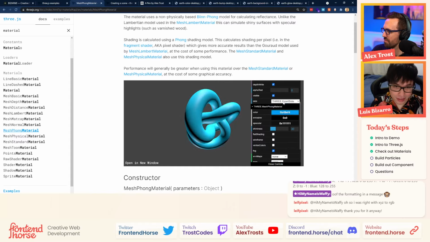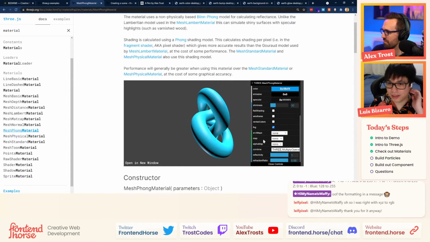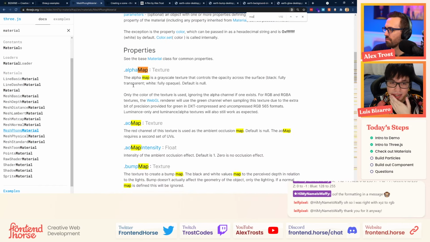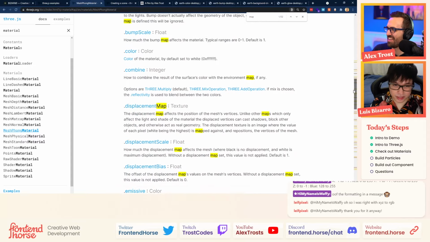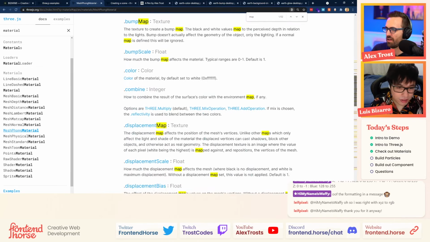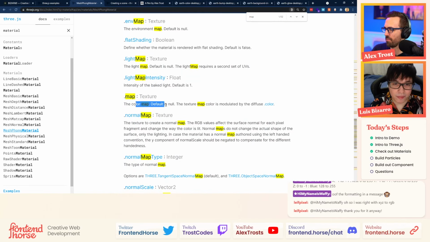We're going to apply the two maps here. I think if you search for map in this page, you're going to see that it's an argument that you can pass as a parameter. Like we discussed, you can have the bump map, the ambient occlusion map, then the alpha map, just to create different masks and stuff. But we're going to use just the map, if I'm not mistaken. Color map as default.